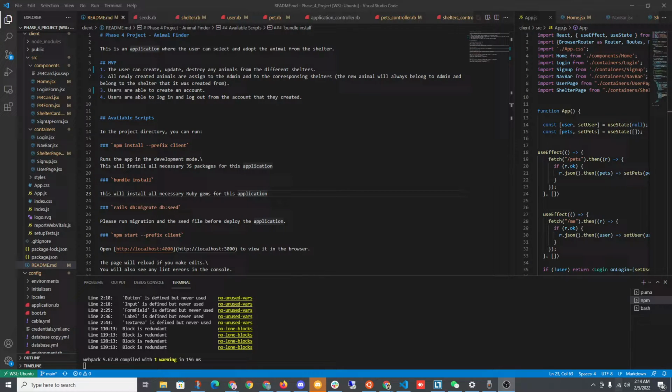Today I'll be showing my fourth project. This project utilizes Ruby on Rails as the backend and React as the front end. In my application, the user can create, log in, and log out with a user account. And with that user account, the user can create, update, and also delete an entity of an animal from a